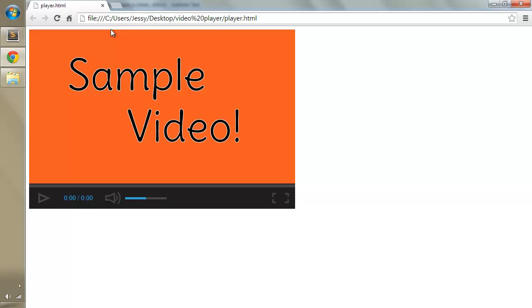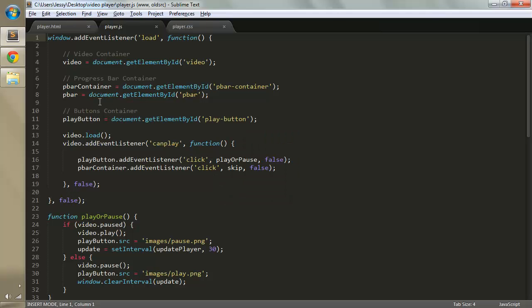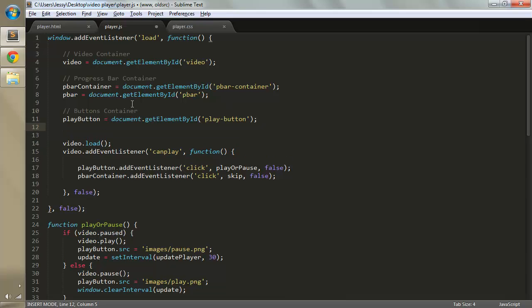Hello ladies and gentlemen, in this video we're going to make this time field right here functional, so that whenever the video is playing, this gets updated as the video progresses. So let's open up our JavaScript file inside the text editor, and let's add a new variable for the time field. Time field equals